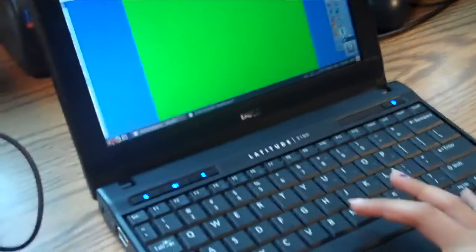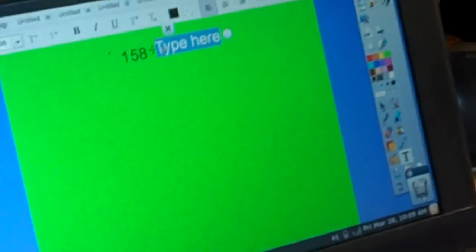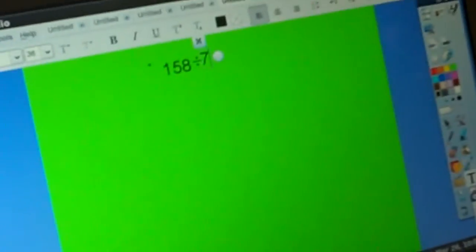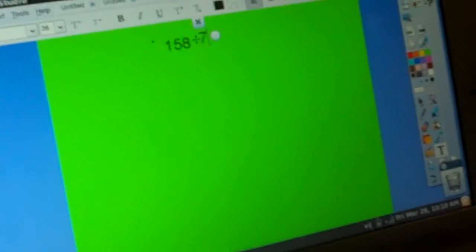We're creating a number talk for each other to solve. So April, what are you using to create your number talk for Jadelyn? I'm using this and the background is green. And I'm using division